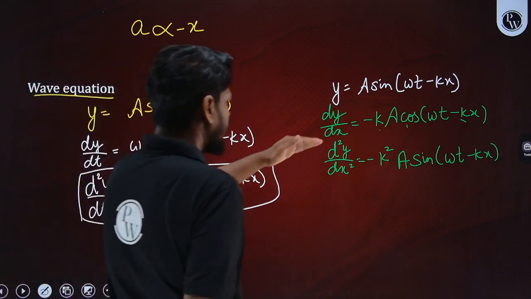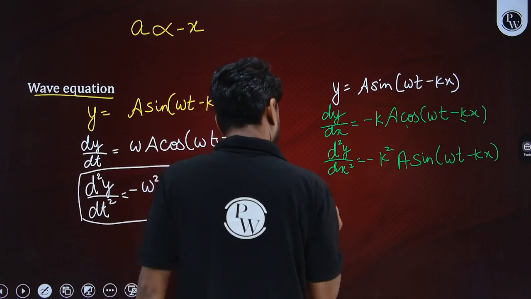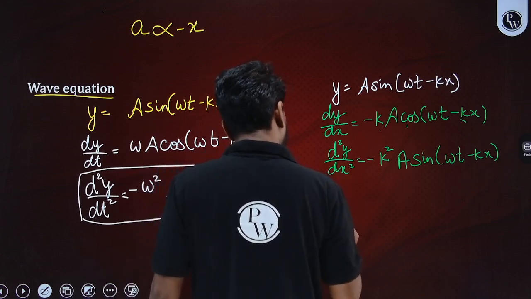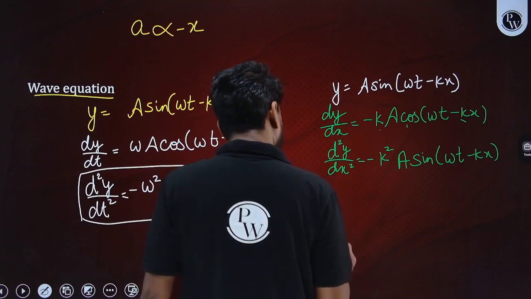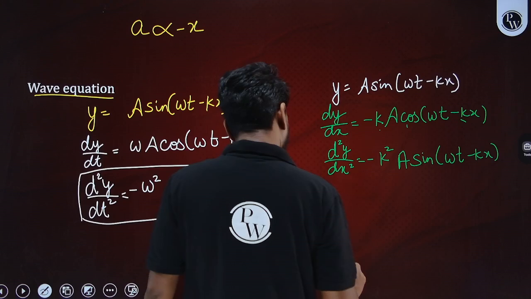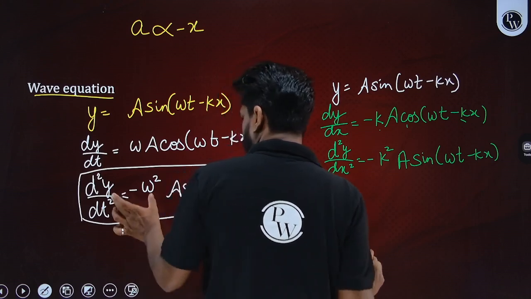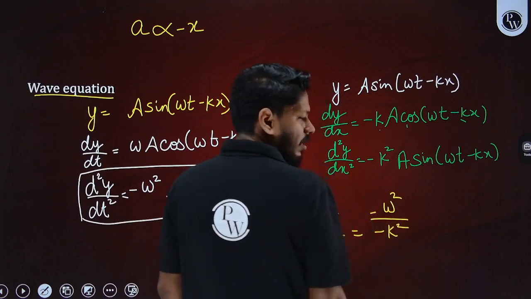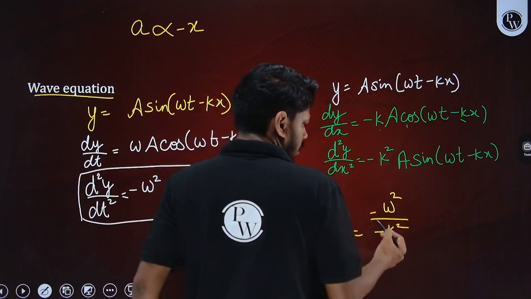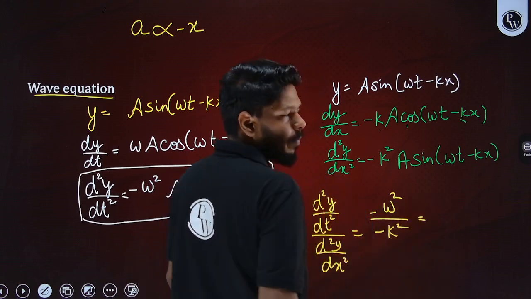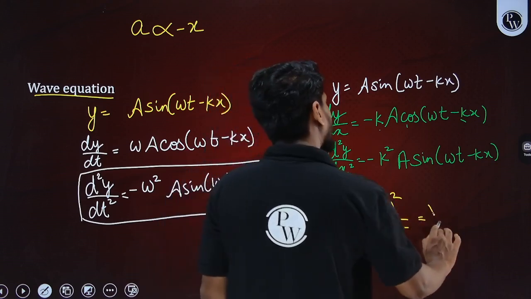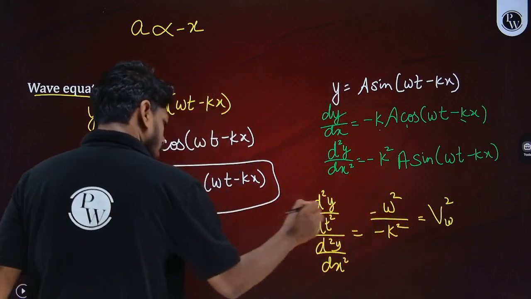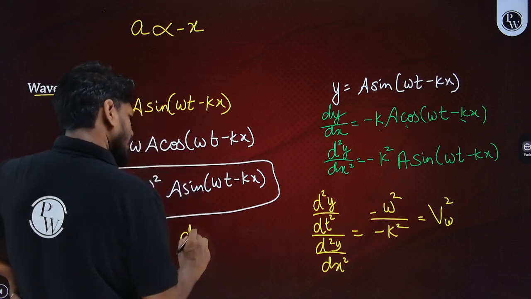If I divide both the equations, d square y by dt square whole divided by d square y by dx square is equal to minus omega square by minus k square. Remaining all the terms will cancel out each other. Minus will cancel. We know that omega by k is velocity of wave, the whole square. So I can rewrite this formula as